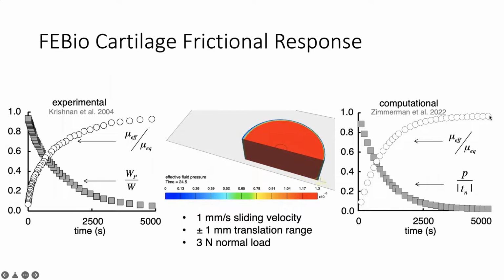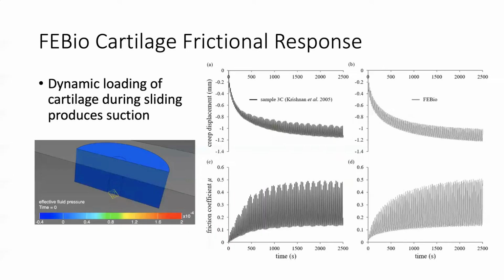This is the friction coefficient normalized by its equilibrium value, and this is the fluid load support, and they're very similar to the experimental value. So we were able to run the analysis up to 5,000 seconds, but like I said, it took a long time on a high-performance computing cluster. We also used FEBio Studio to explore another experiment that was done by the same authors, the same student,